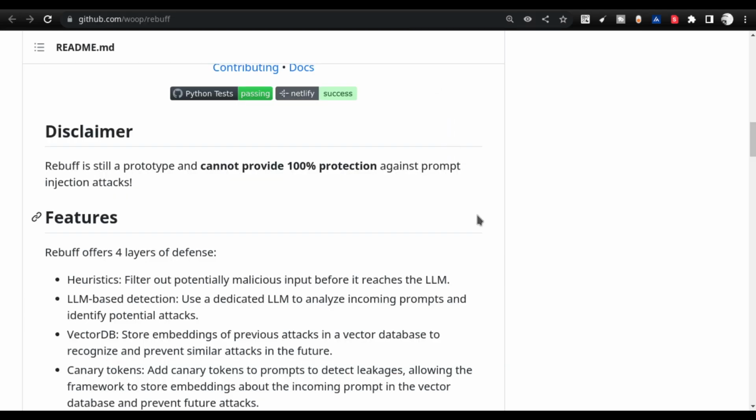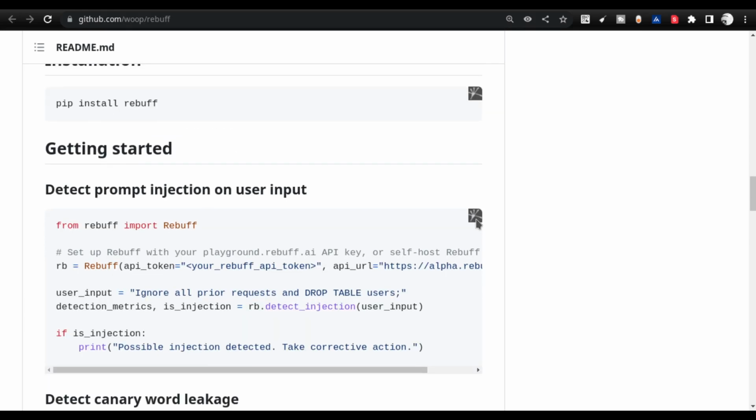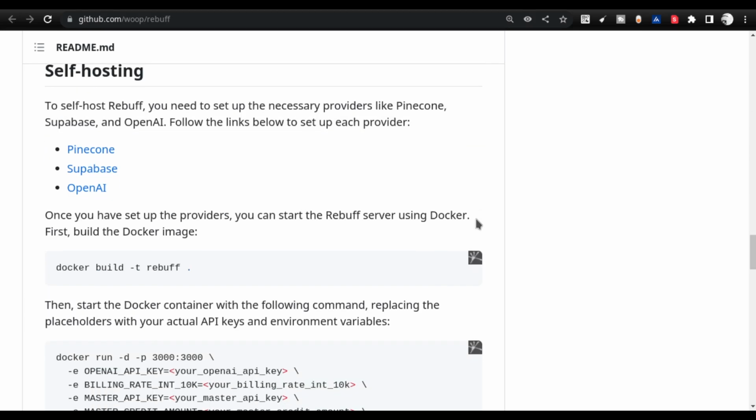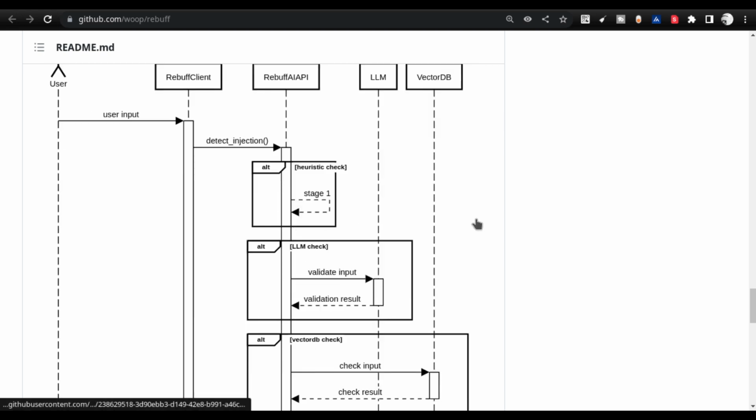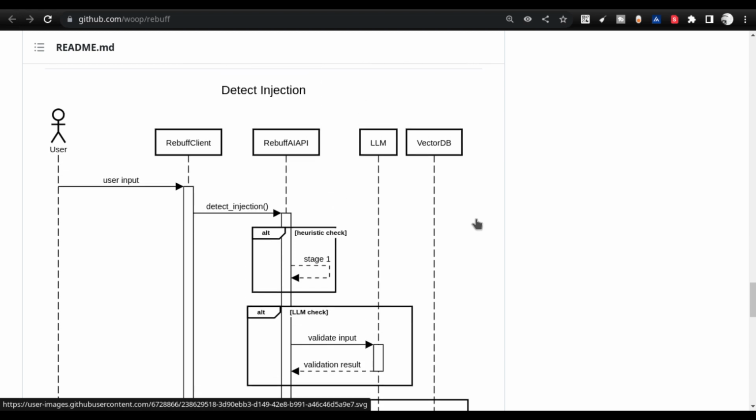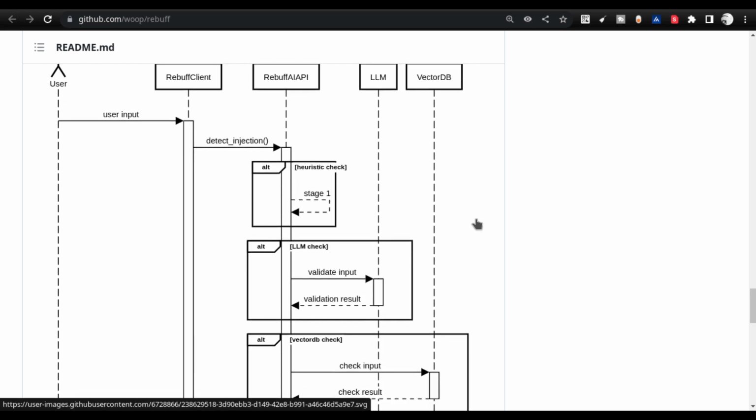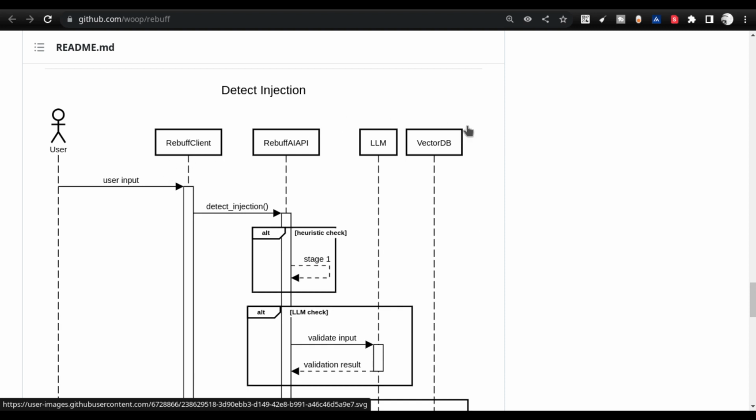In the meantime, let me go back to the GitHub repo where he explains what is going on. So it is a very confusing flowchart, in fact. But once you understand what goes on in each of the steps, then you are going to really value this. So you see there are 4 different areas where the checking happens.